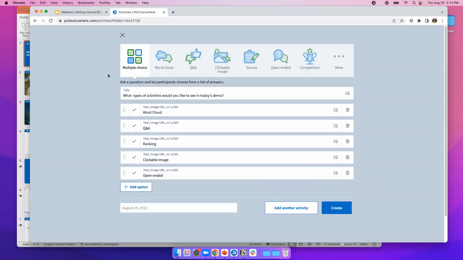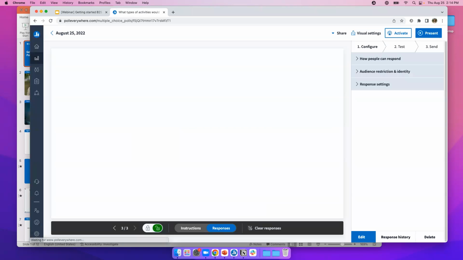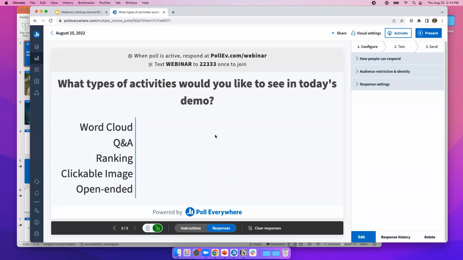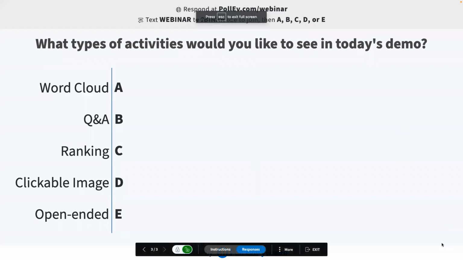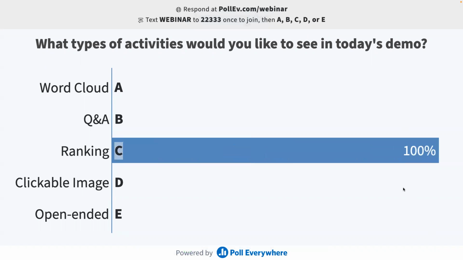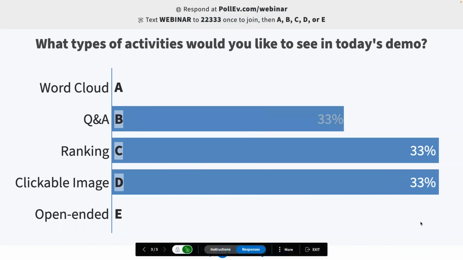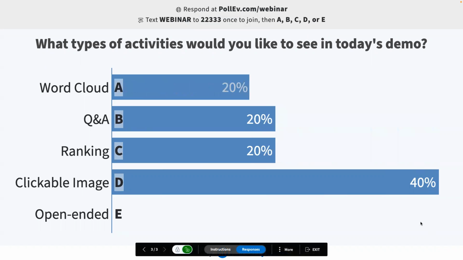So with that, let's go ahead and get started. As I said, I do want to see what activity types are going to be the most popular today. So I'm going to go ahead and click create for this activity. Okay, so we're going to let that go. So this is in presentation mode, and I will go over this in a little bit more detail in just a few minutes, but I'm going to go ahead and enter full screen mode. And to do that, I'm going to click present here. So now I am in full screen mode, and you all should be able to see this question up on your screen. So just a refresher, to answer this question, just go to